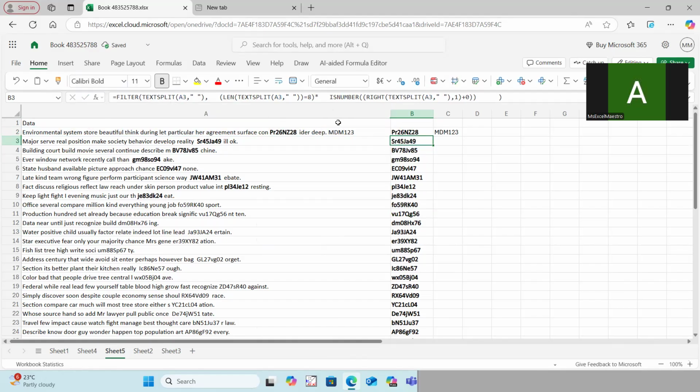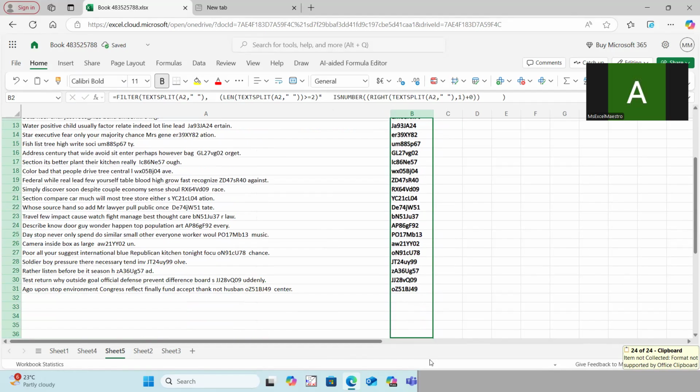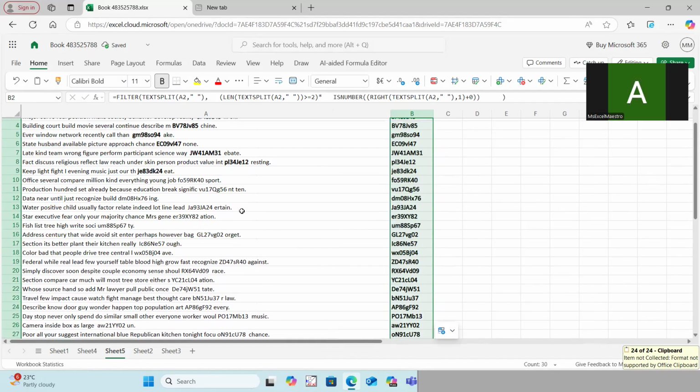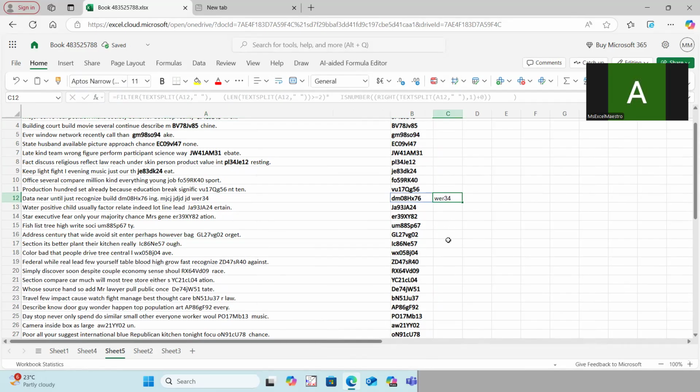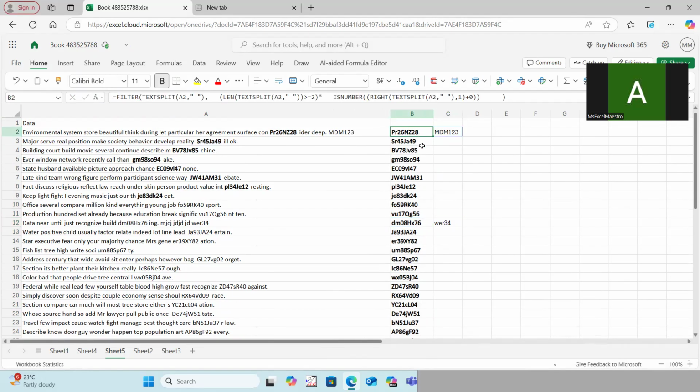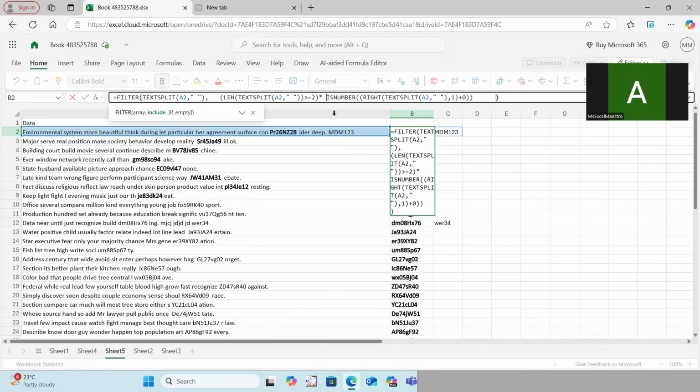By doing that, you will have this answer, guys. Can you see that? It's working perfectly as you wish. As I told you, if you have any ID, like I'm writing random text, like WER, this is my ID. It is working. So understand how this logic is working. Somewhere you nullify that logic if any text contains 2 or more characters. Unless there is a number at the end, it will not capture. So that's how we can